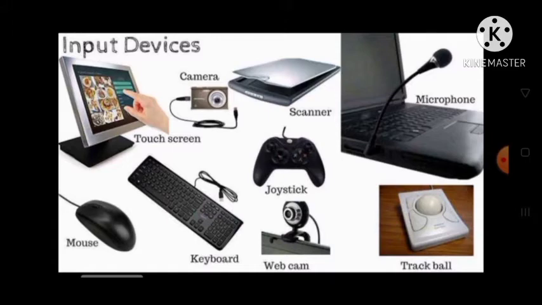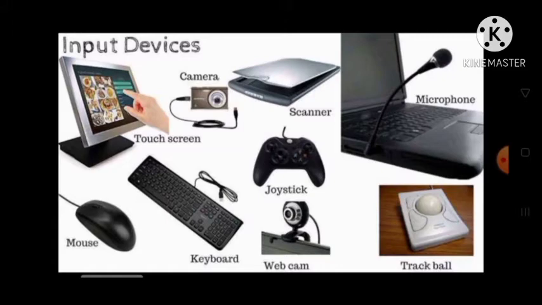And we can say a keyboard is an input device that allows a person to enter letters, numbers and other symbols. An input device is a piece of hardware used to provide data to a computer used for interaction and control.